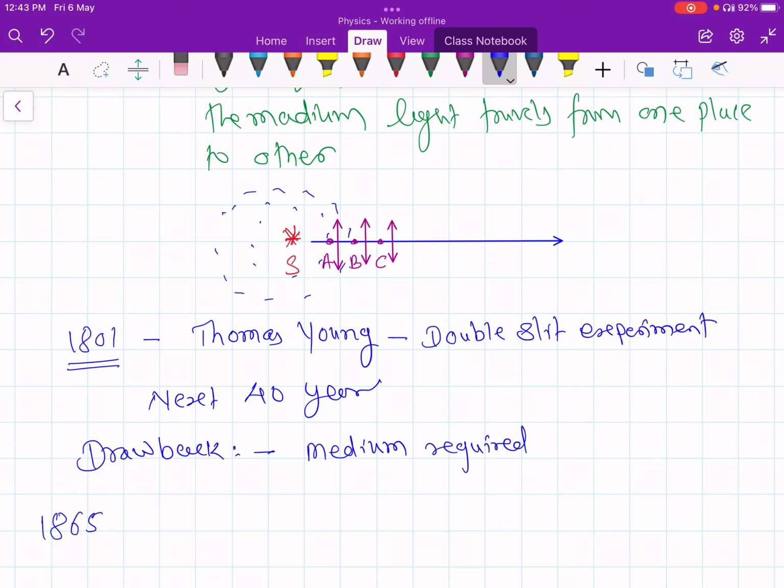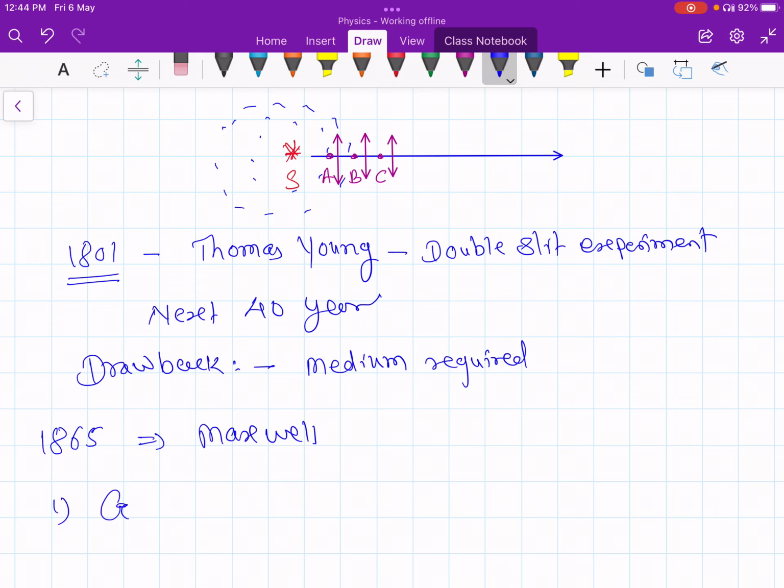1865, another scientist, Maxwell, was developing a set of equations for describing laws of electricity and magnetism. There were various laws for electricity and magnetism, and Maxwell was trying to unify these laws, such as